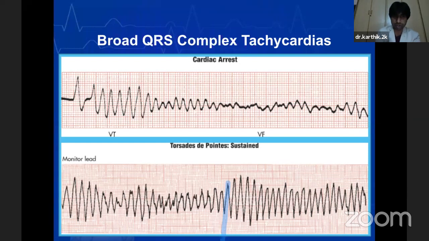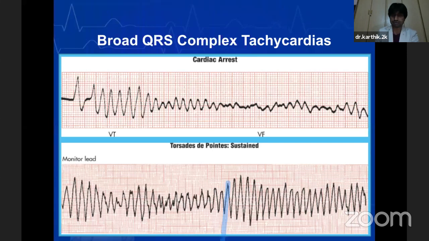You can see that the QRS is wide, there is tachycardia, the rate is too high, 250 to 300. You don't see any P waves here. It's only the QRS complex. But you have to see that there is a peculiar pattern of the QRS complex such that it is almost twisting and turning around its own axis, like a helical structure. So when this kind of ECG is seen in an emergency, you should immediately think of torsades de pointes, and these patients should be quickly resuscitated. They should be given magnesium sulfate to immediately revert the rhythm back to normal.